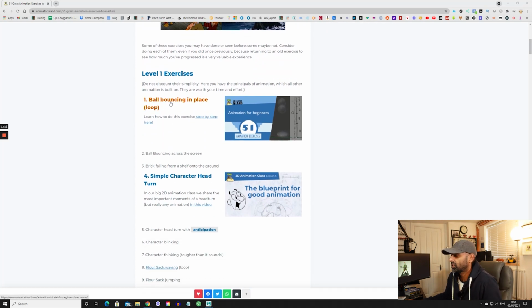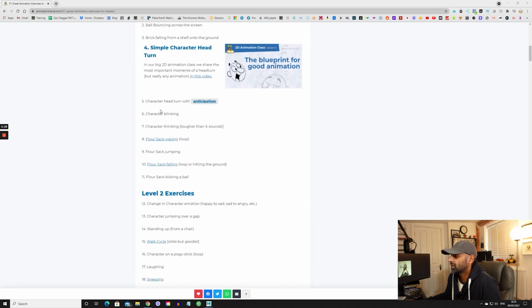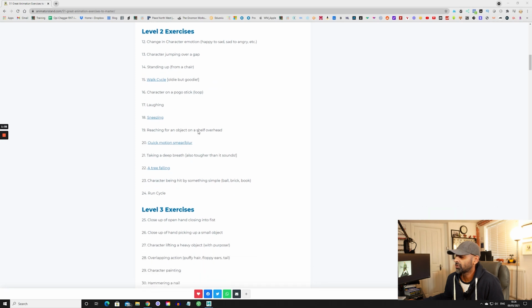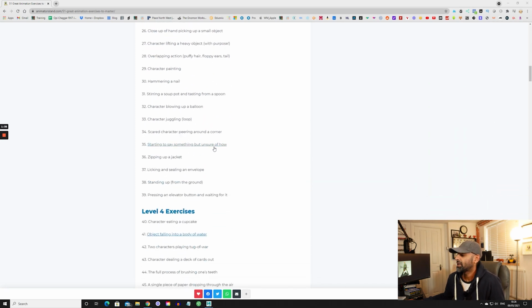So he talks about bouncing ball, simple head turn. With the simple head turn, you could have character turn with anticipation, character blinking, character thinking, you know, tougher than it sounds, as it says. Flower sack jump, so the classic ones with the flower sack. What else we got? Level 2 ones are characters jumping over a gap. So as you go to level 3, 4, obviously it gets a bit more challenging,